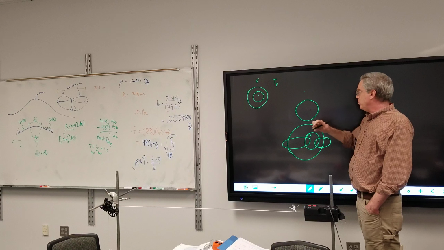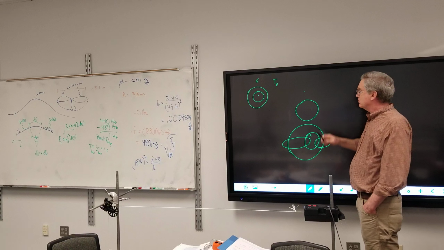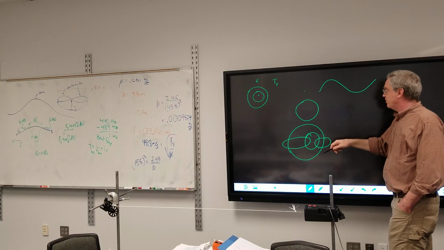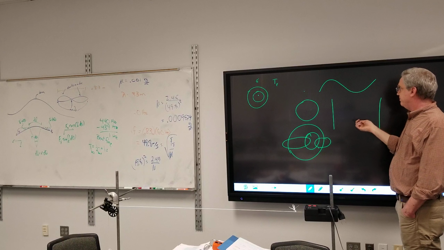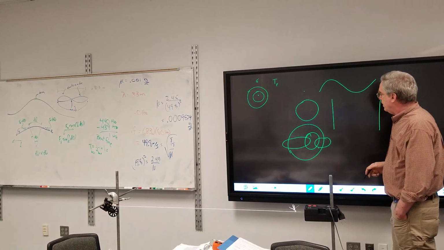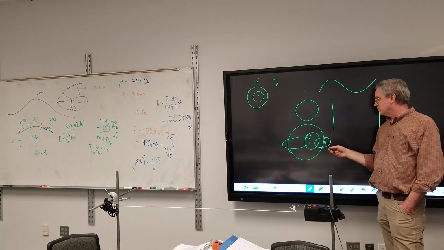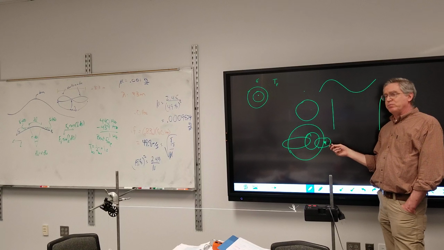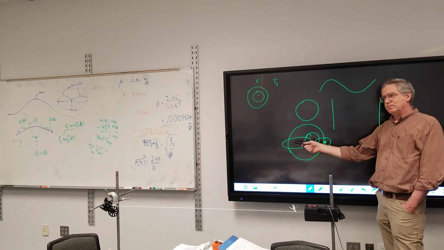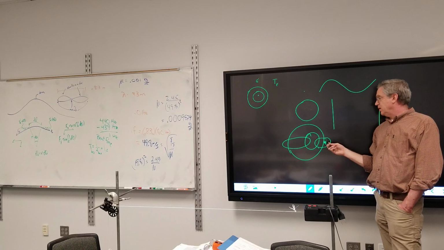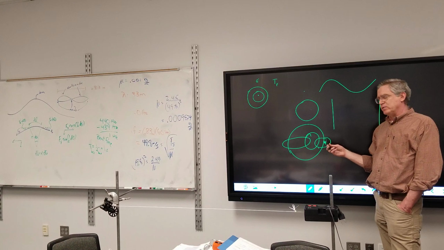When you're doing the overhead view, this represents the peaks, and halfway in between would be the troughs. So if I have a wave like this, I would represent it from the overhead point of view as peak, and then a trough in the middle. If you're a bug on the water here, you're going to be hit by waves much more frequently than if you're over here. So this is a higher frequency than that is. If this were a sound wave, you would be hearing a higher frequency.